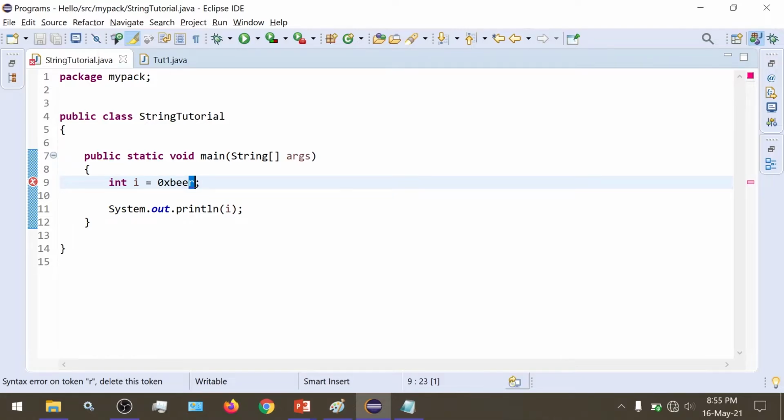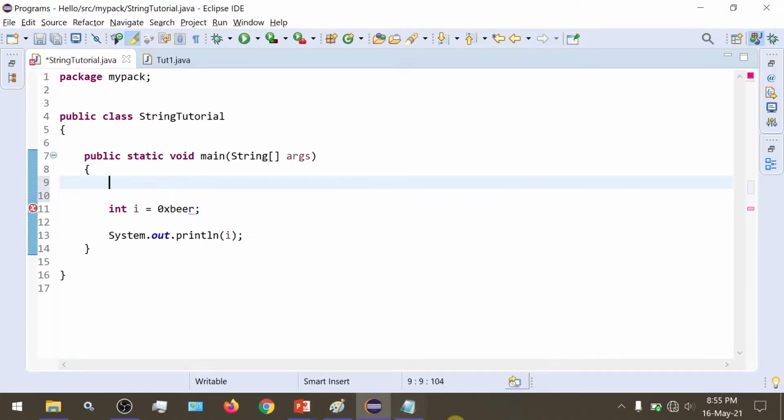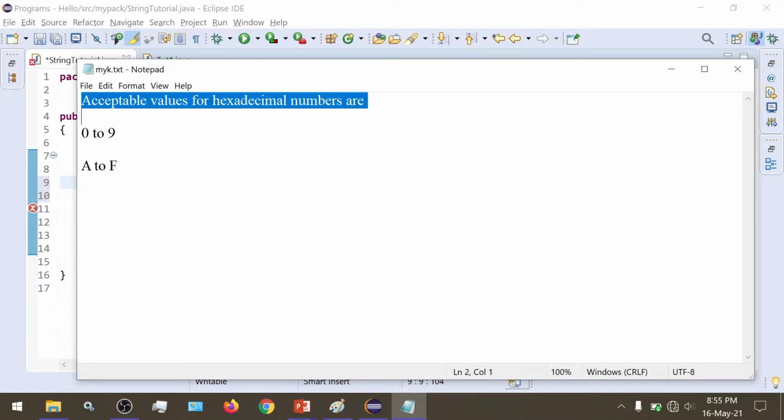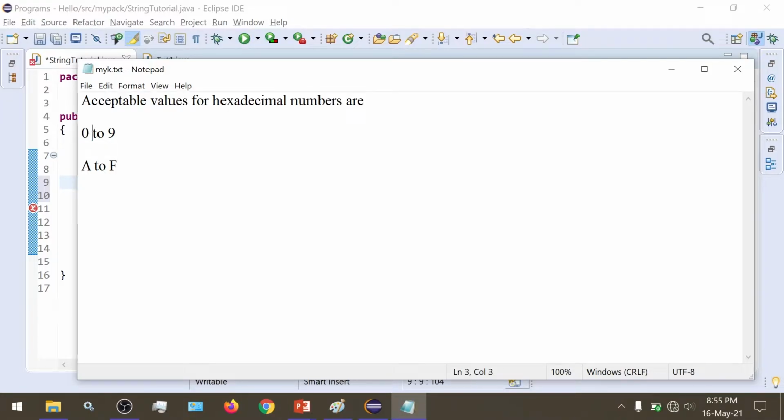Why does it give an error? Because the acceptable values for hexadecimal numbers are 0 to 9 and A to F. So this is present inside the number system only.